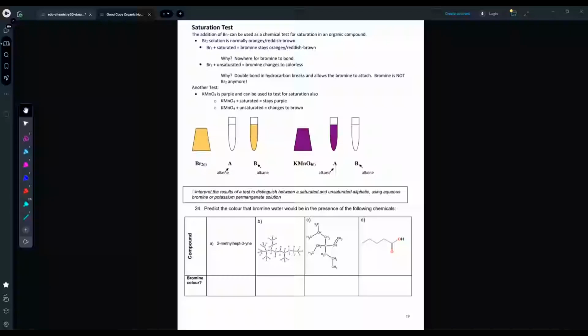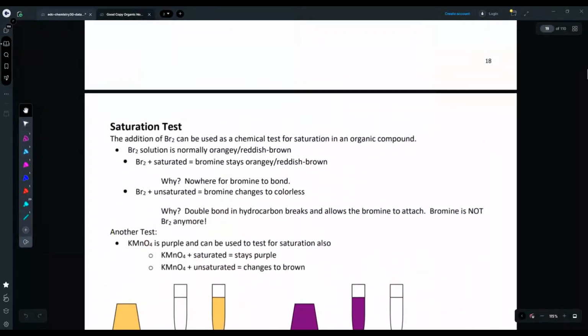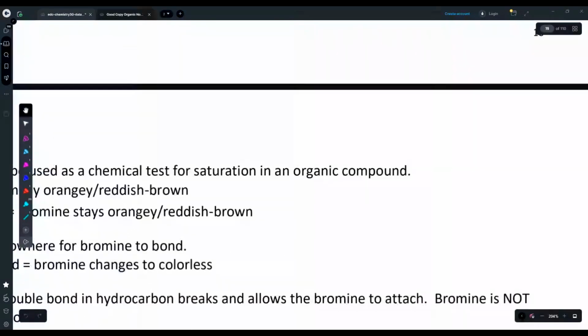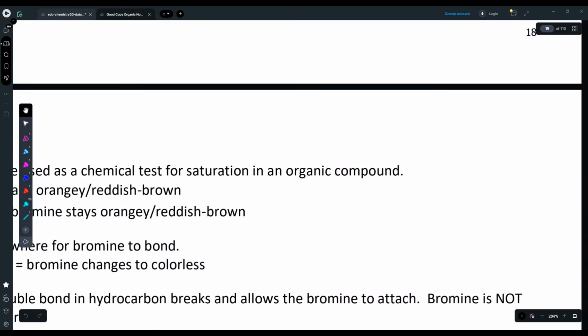In this video, we're going to go over saturation tests as well as naming and drawing cycloalkanes and cycloalkenes. So for the saturation test, essentially what we are trying to test for is whether or not the compound that we are testing is saturated or unsaturated. Okay, so as a quick reminder here,